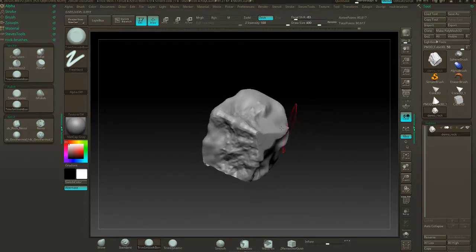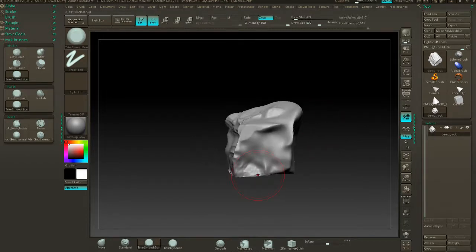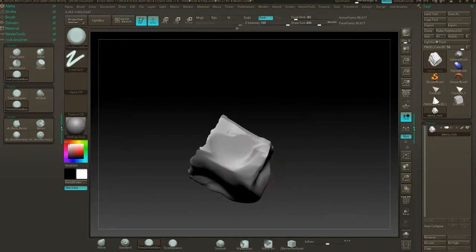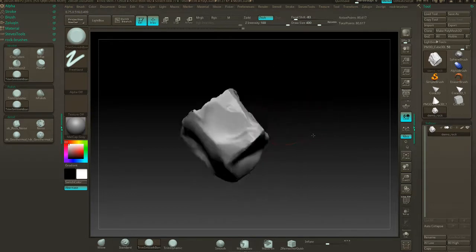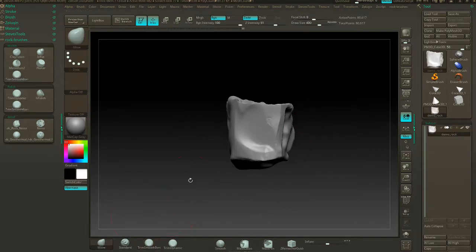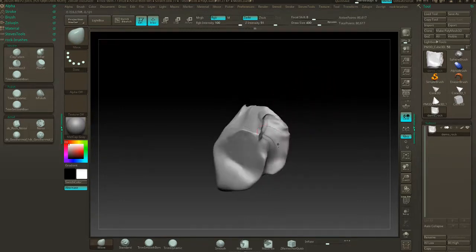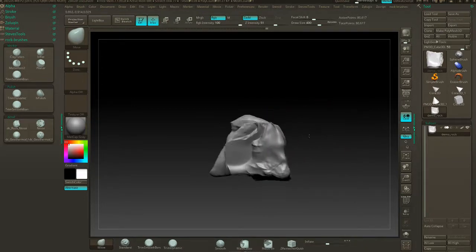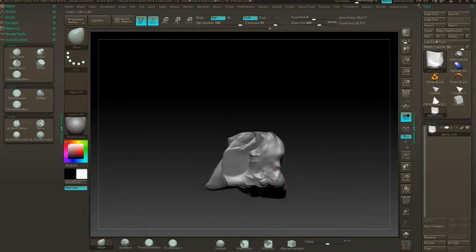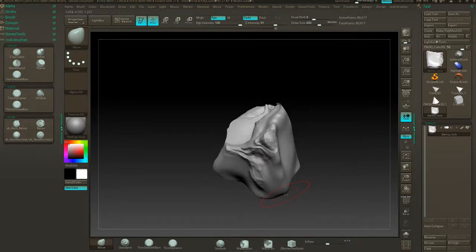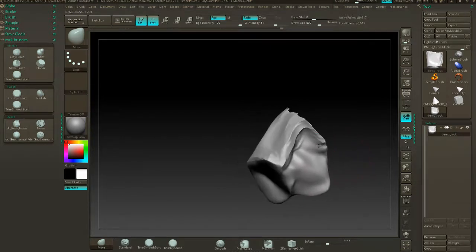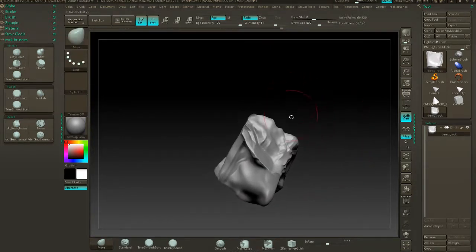Remember, don't get too precious with any of these shapes. We're just exploring, just trying to find out what we're doing here. As far as a rock, right now I can see that this is still too cubey. It's too much of a cube, so I'm just gonna work on getting that so it's not so. And this is why a lot of people start with spheres as well, but I knew this rock had some flat table-like edges, so I kind of wanted to keep those in there, and it's easier to start with